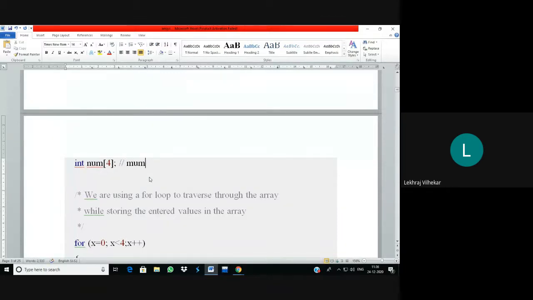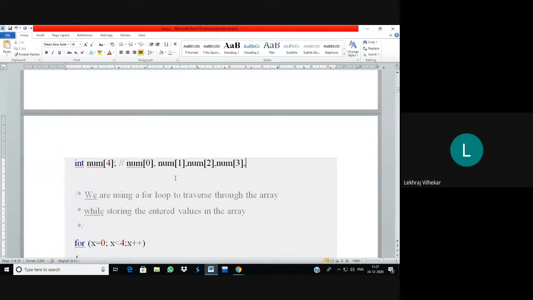So how should your first element be? Your first element should be num[0]. Then how should the second be? num[1], then num[2], then num[3]. So that makes 4 elements. Your first element will be num[0], second num[1], third num[2], and fourth num[3]. Suppose we have to read the values, so you can write scanf &num[0], then &num[1], then &num[2], and &num[3]. So it is going to work the same as the variables m1, m2, m3, m4. No changes there, no differentiation.